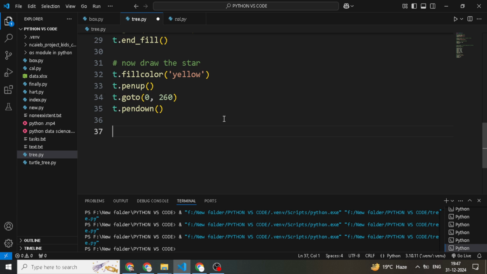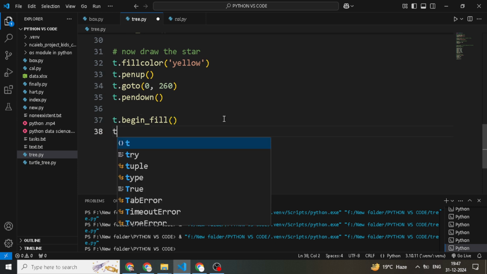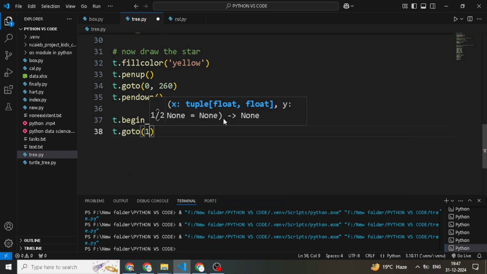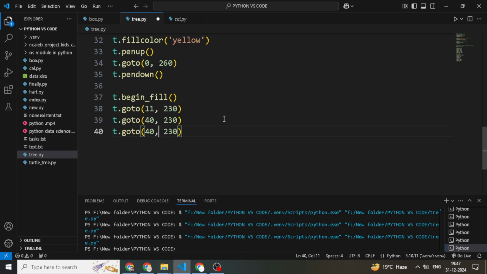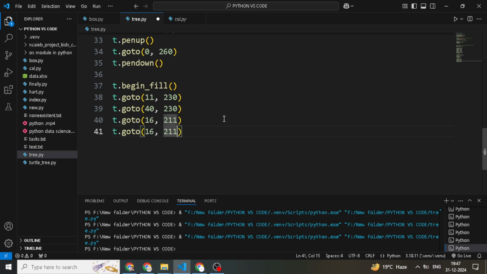So simple. T dot begin_fill, and we use t dot goto 11, 230, then 40, again 230, then 16, 211, then 26 x, 181 y. Now 0 x, 200 y. Not minus, only 200.